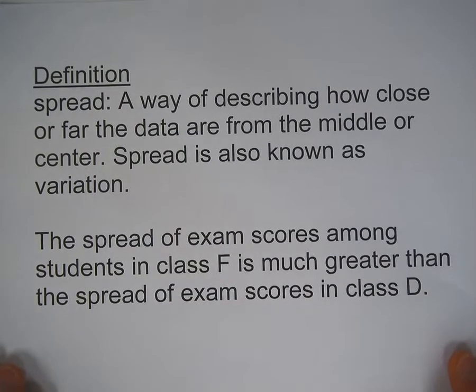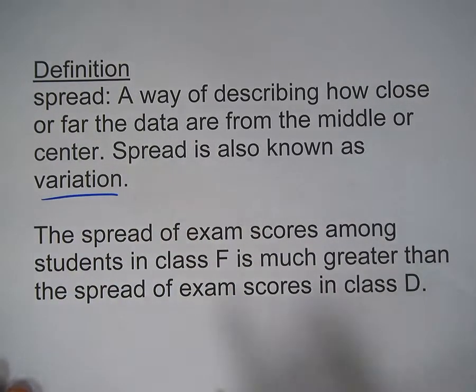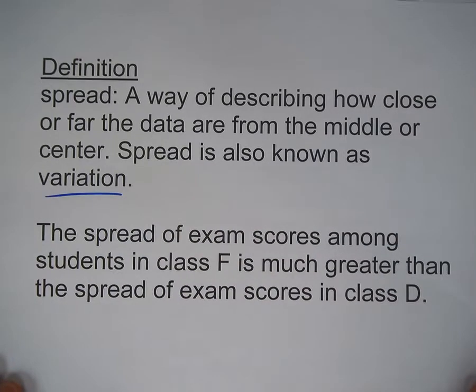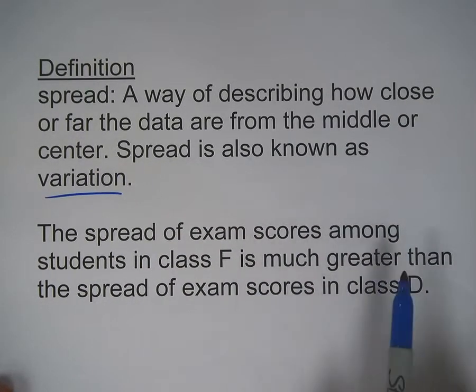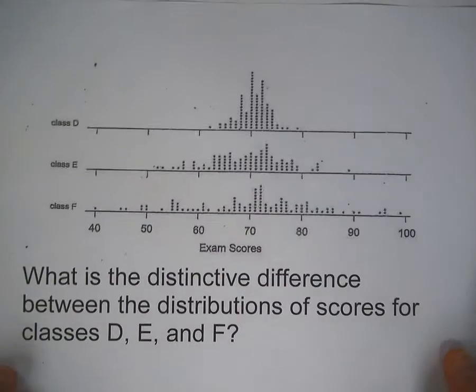the spread. The spread is a way of describing how close or far the data are from the middle or the center. Spread is also known as variation, so those words can be used interchangeably. So the spread of exam scores among students in Class F is much greater than the spread of exam scores in Class D. So again, if we take a look at the three classes,